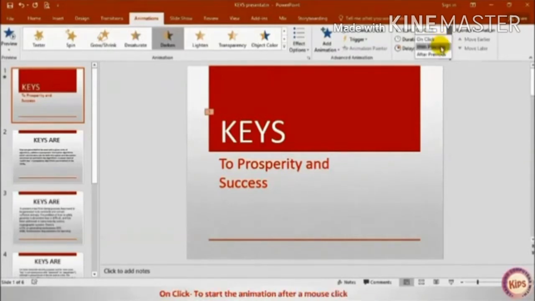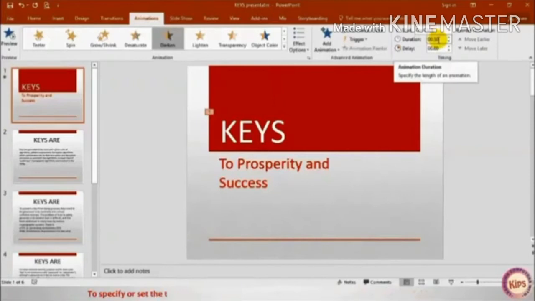On click starts the animation after a mouse click. With previous starts the animation at the same time as the previous animation effect in the list. After previous starts the animation effect immediately after the previous effect in the list finishes.